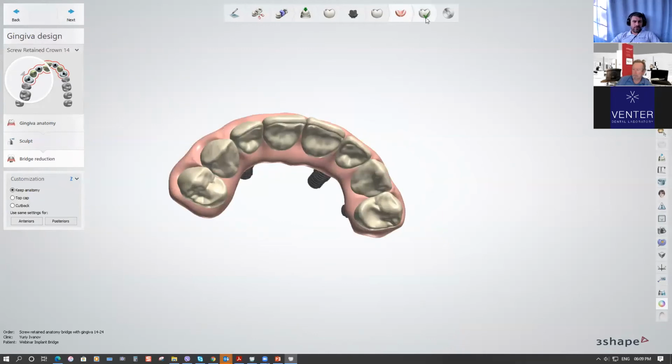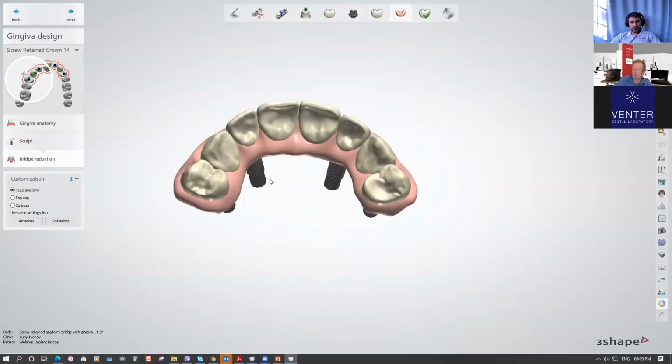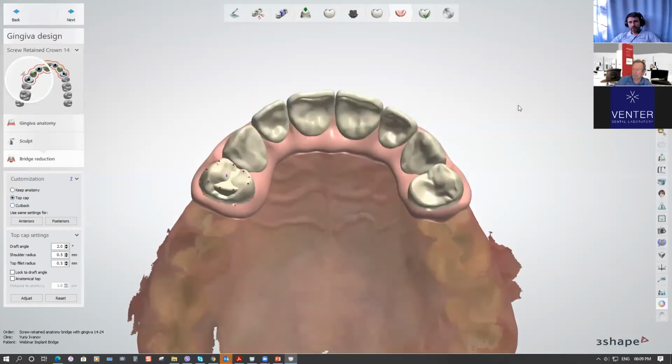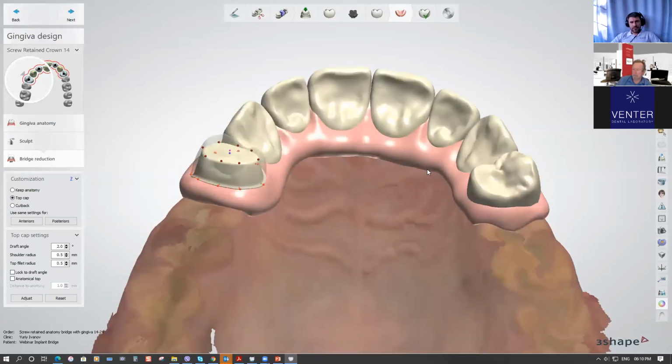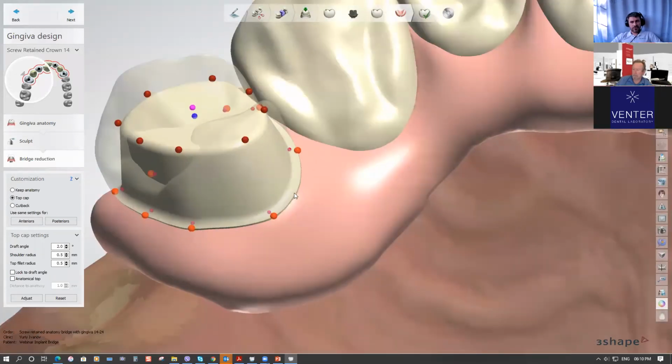You could modify it on the very last step here, but it's still going to be the full contour, the anatomy bridge. And also, let's come back, we could choose the second option, top cap. Activate this one, and let's move it a bit. We will have kind of dies all around the teeth if we choose anteriors or posteriors to apply the settings here. And you could see that this margin line is defined just on the contact with the pink. We have only about 0.1 millimeter distance